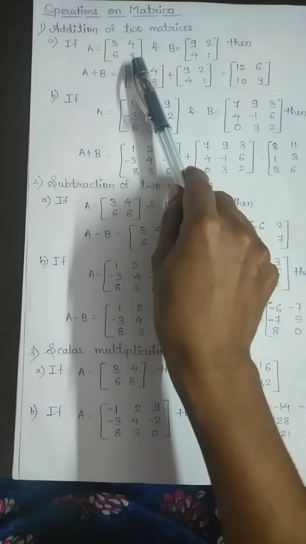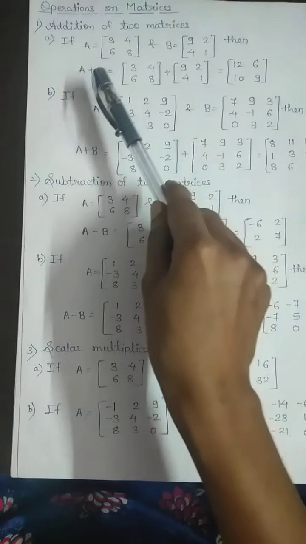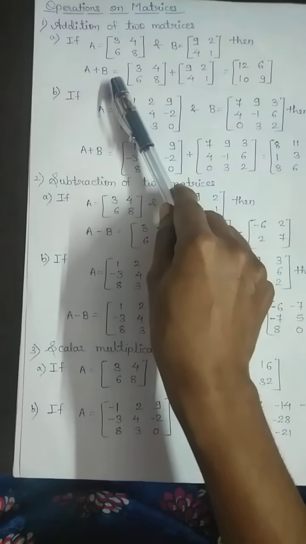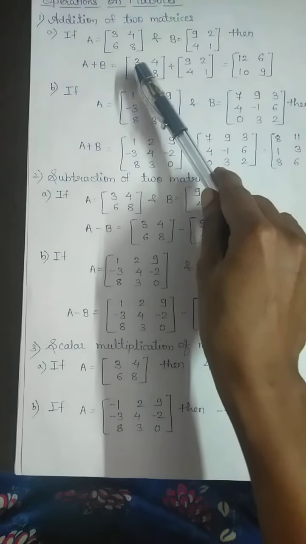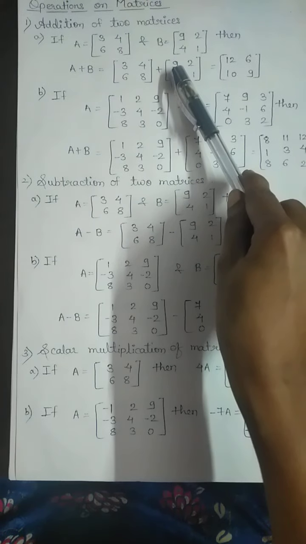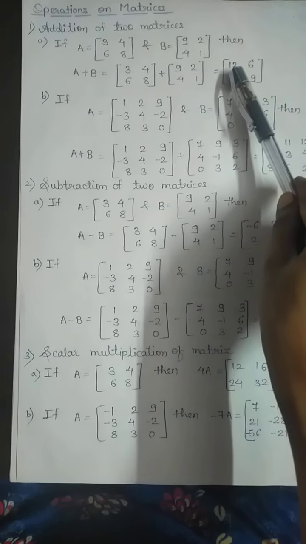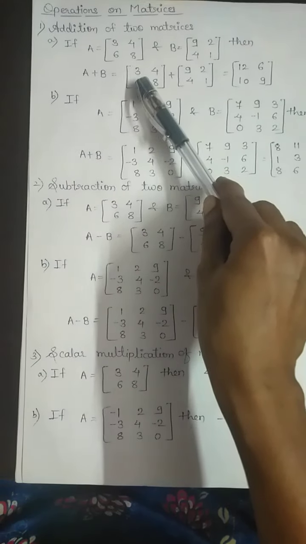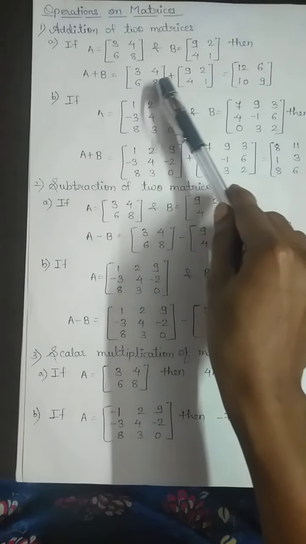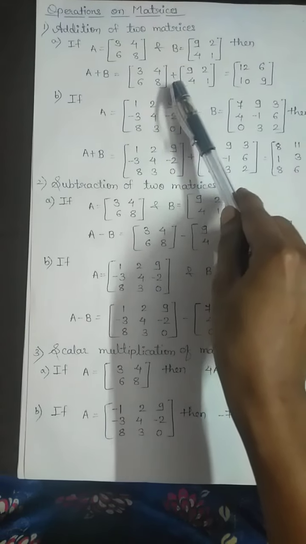A is a matrix of order 2 by 2, B is a matrix of order 2 by 2, and we want to find A plus B. The addition is very simple. First element of first matrix plus first element of second matrix will give us the element for the resultant matrix. Here 3 plus 9 is 12, 4 plus 2 is 6, 6 plus 4 is 10 and 8 plus 1